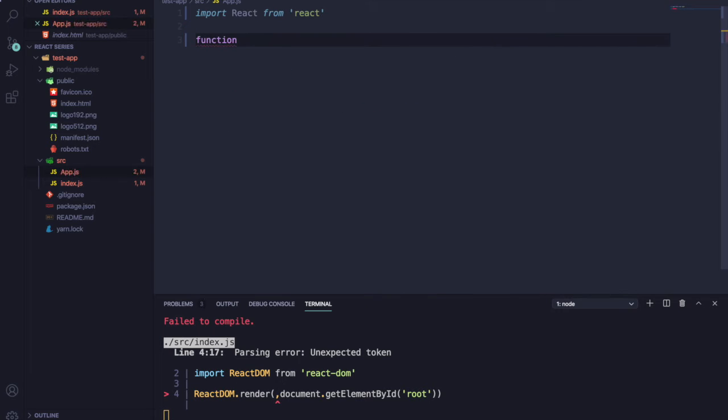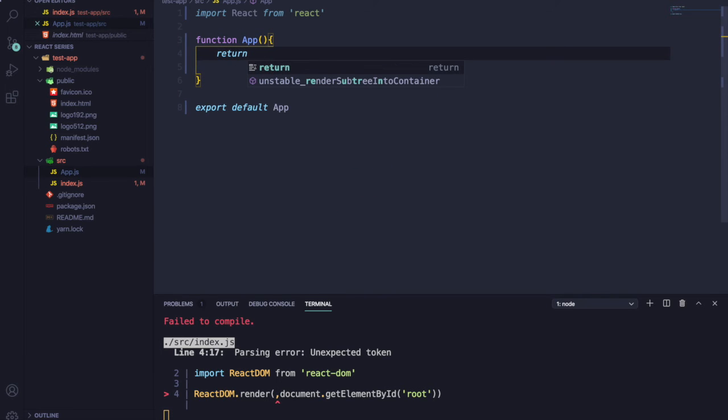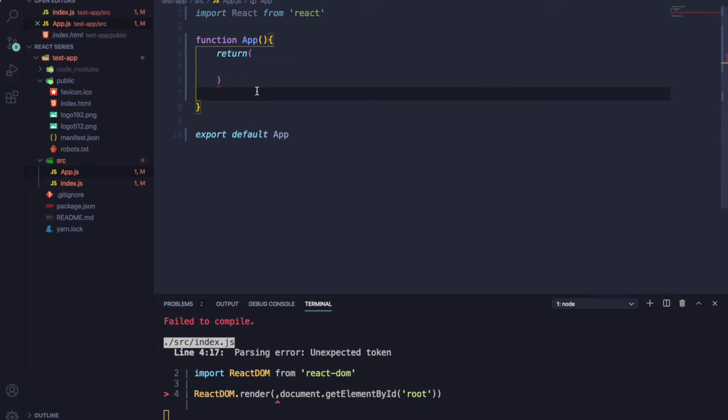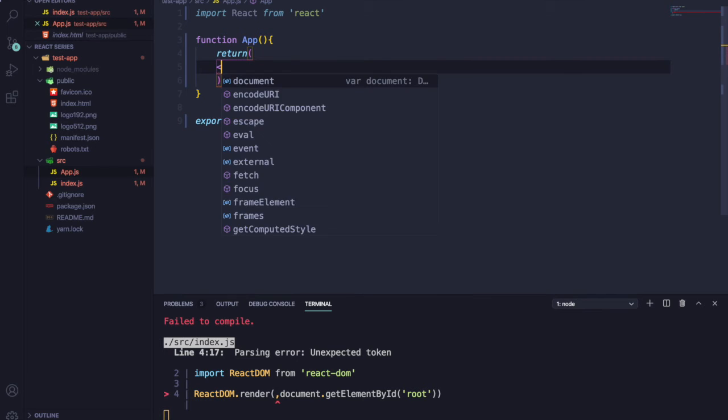You can use arrow syntax for functions here, but I'm just going to use the basic syntax. So this is our basic boilerplate code for the app root basically, and we have to export this. Export default app, and if you remember, we have to have a return statement in here. Perfect. So now what we're going to do is we're going to put some JSX in here, just a standard H1,